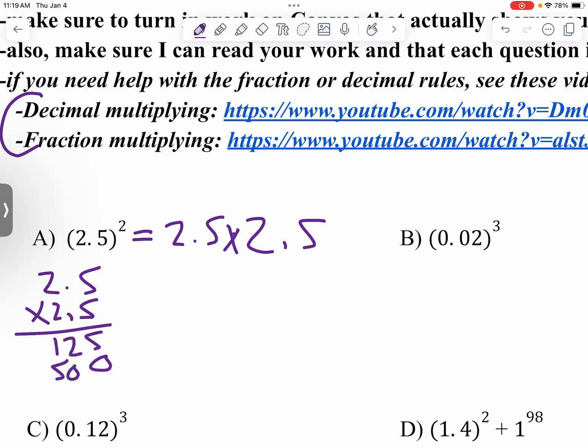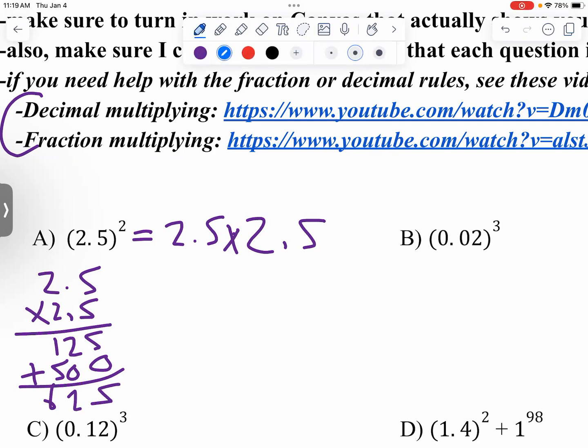So when you're multiplying with decimals, you just do the problem, pretend the decimals aren't there. And then at the end, you see how many decimal places were in the problem. So that's 1, 2. So we're going to move the decimal over to right there. So we're going to have 6.25